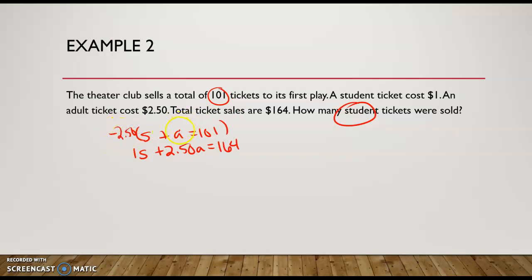And the reason I want a negative 250 is that's going to eliminate my a's so that I solve for s. I'm trying to work smarter, not harder. And so that is going to leave me with negative 250s minus 250a. Then I'm going to take that 250 times 101, and I get negative